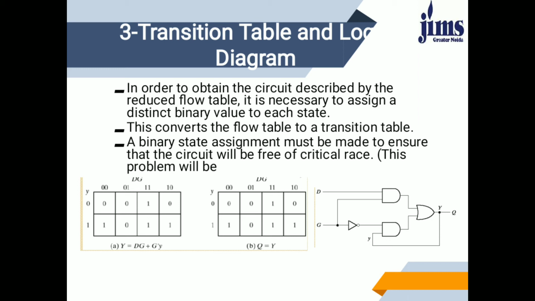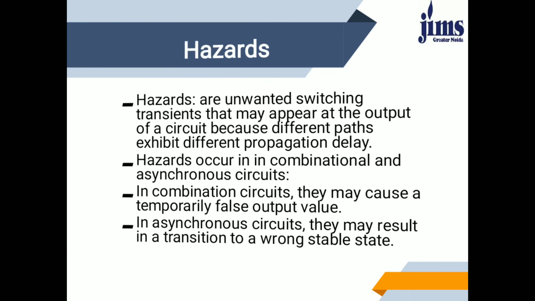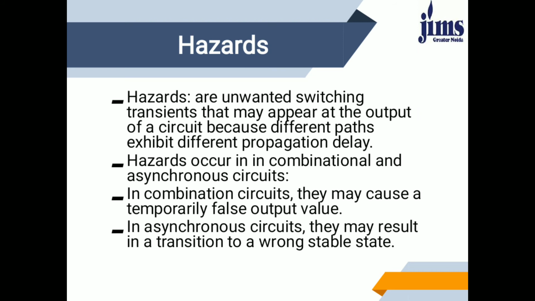I am replacing A and B with 0 and 1, meaning I am giving a number to state 0 and 1. I am replacing each. So accordingly I am generating the next state K map and next state output. So according to this K map, a circuit can be drawn. This circuit will reflect our requirement. Now we will talk about hazards. That was all about the design procedure of asynchronous sequential circuit.